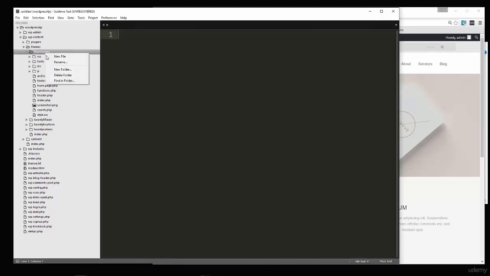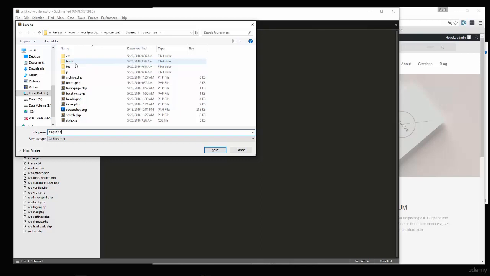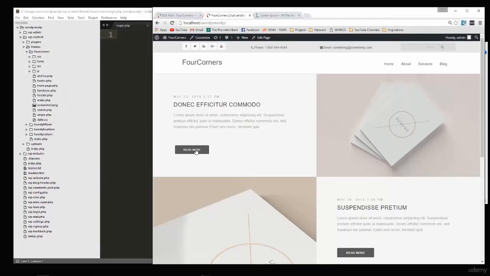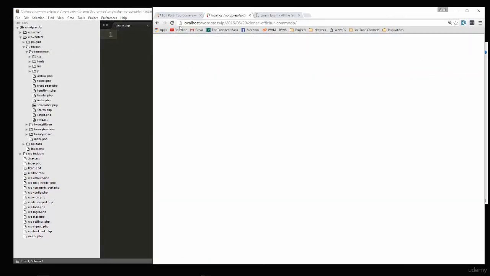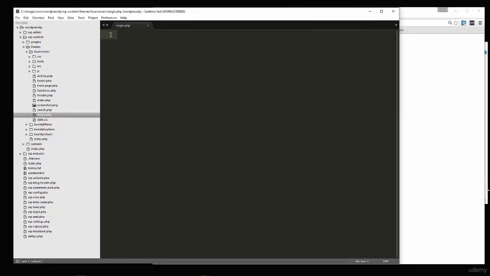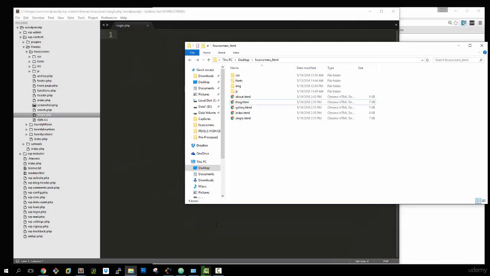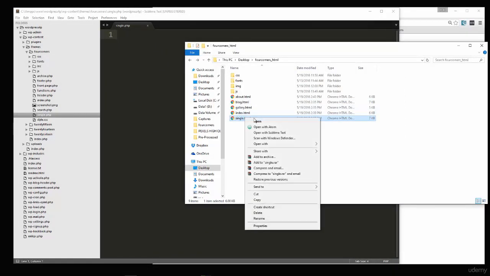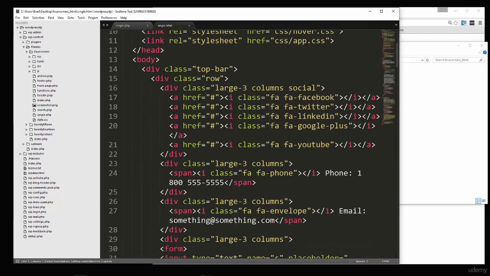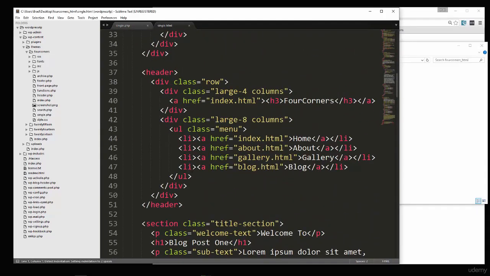So let's create a new file in our theme folder, and we're going to call this single.php. And now if I was to click on read more to go to a single post, you'll see it's completely blank. Alright, now what I'm going to do is I'm going to go to the HTML template we created and open up single HTML, and we're gonna grab,